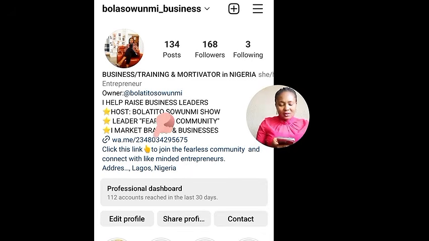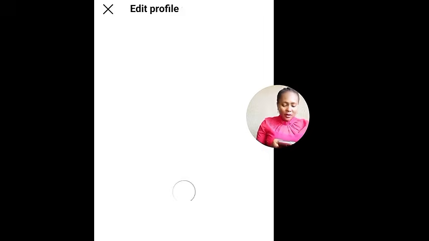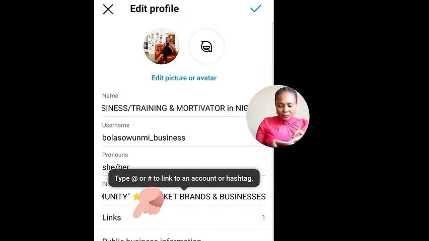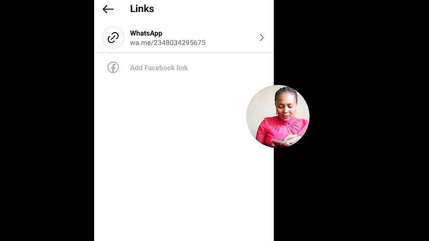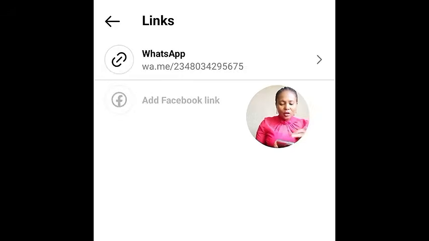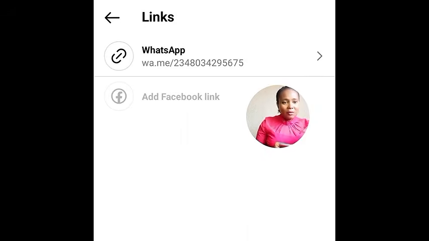Now, if it's just a simple link like your WhatsApp link or any other social media platform, you come here, you see this place they wrote links, click on it, and then you put, if it's a WhatsApp, wa.me/your phone number. That is the simple link directly into your WhatsApp line, and so you can attend to your